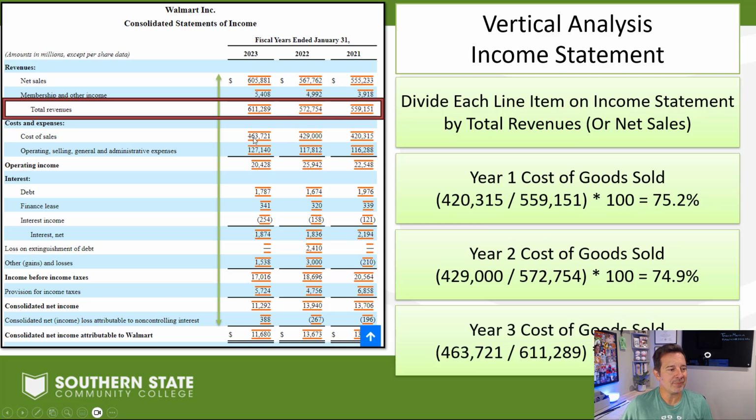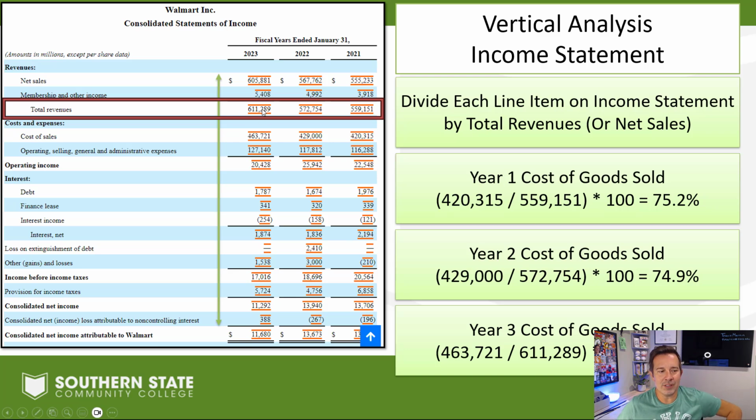Year 3, 463,721 divided by 611,289 multiplied by 100 gives me 75.6%. And you say, okay, big deal. I got a bunch of percentages. I don't understand what those mean. Real easy to understand. I want you to imagine